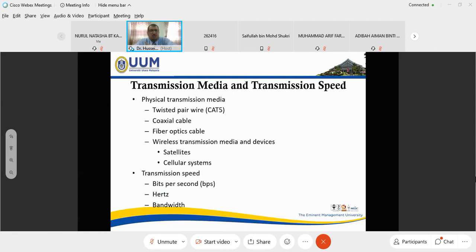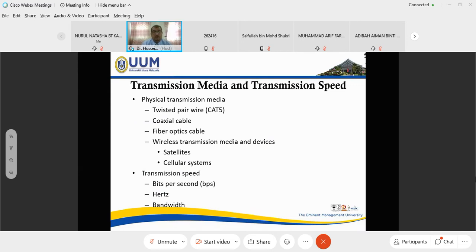It could be cable, could be wireless, or through satellites, or cellular system. We use the cellular system to connect to our service provider, like Maxis, and any type of operators that can give us internet service.